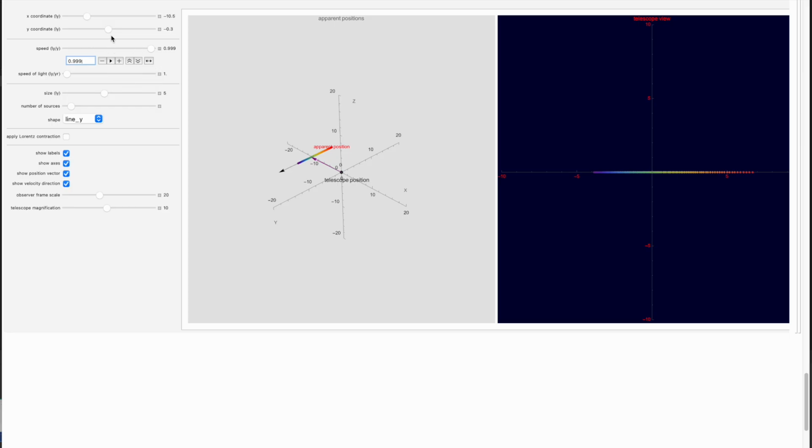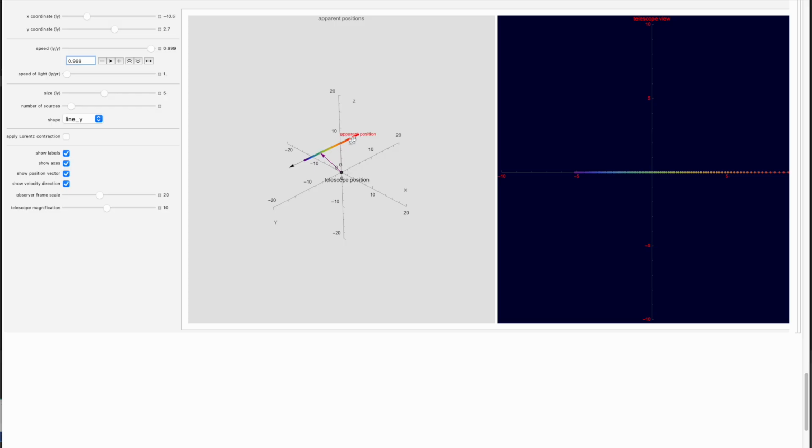So that's kind of interesting. We also notice that portions of the line which are effectively approaching the observer are becoming elongated. This is a latency effect.